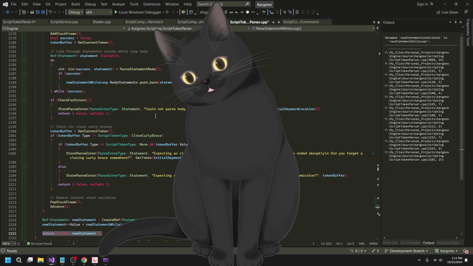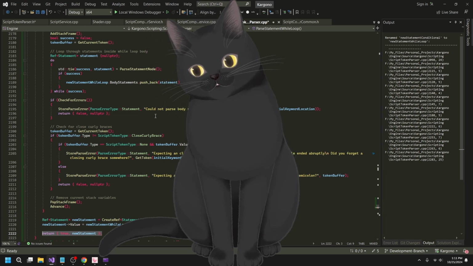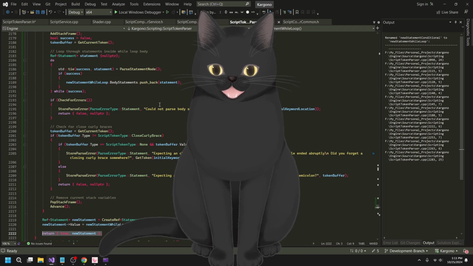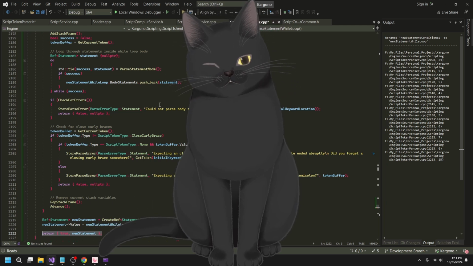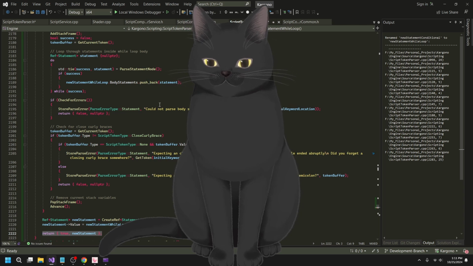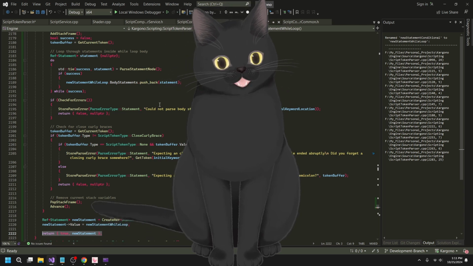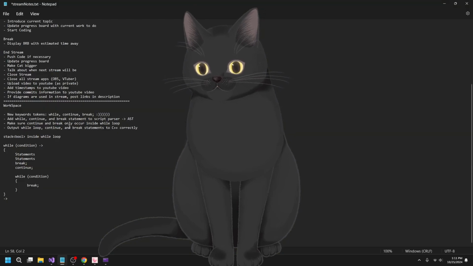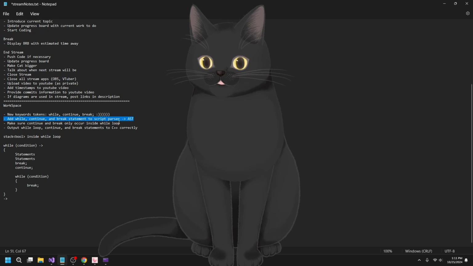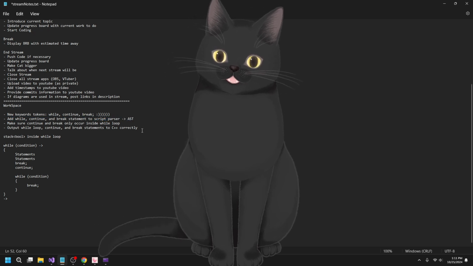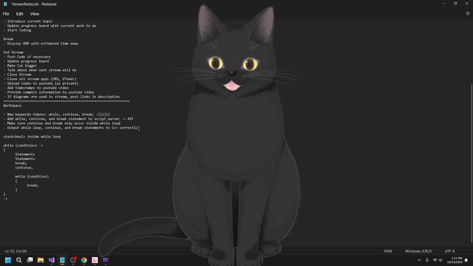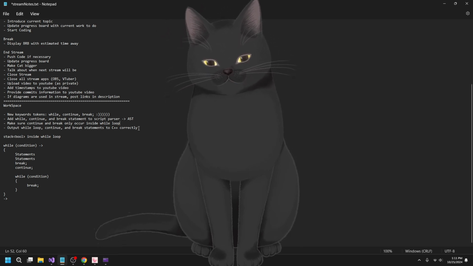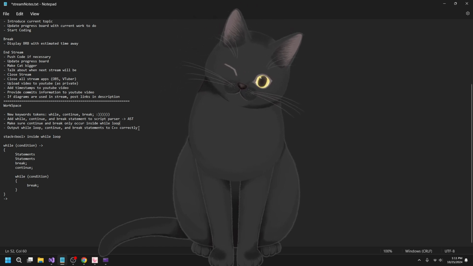So there's one additional thing I need to add here really quick. This should work as far as I can tell. This should create a while statement. Trying to think of the thing I was supposed to add. Let me look at my things. So add while, I'm not finished with this yet, but okay, yeah, make sure continues and breaks only occur inside of a while loop. So I need to add some way of being able to know, how do I say it, if I currently exist inside of a while loop.